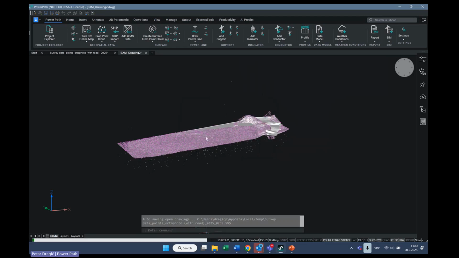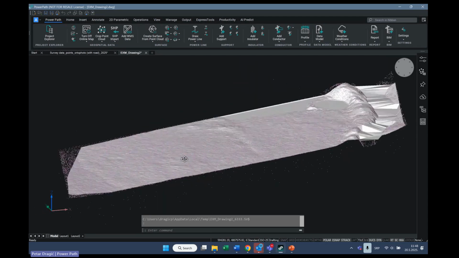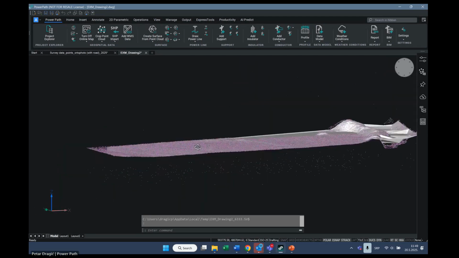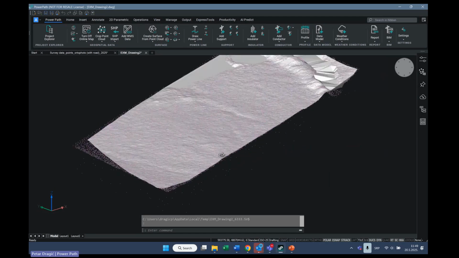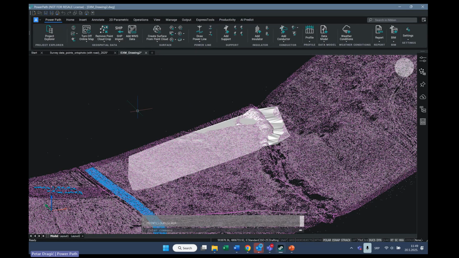When I press OK, you will see how it looks. As you can see, now of course I have the surface without those points. Now it's easier to create the surface from point cloud, and of course it is possible to create the surface from cropped point cloud.